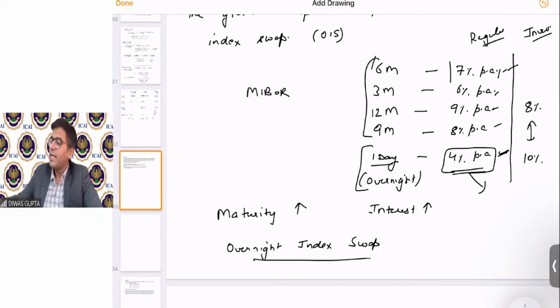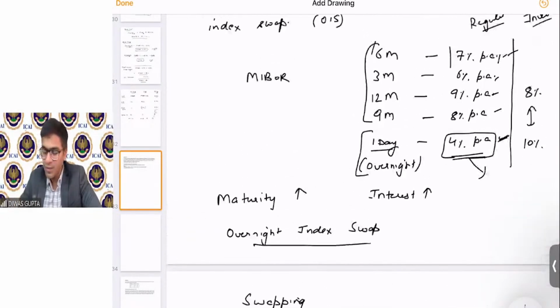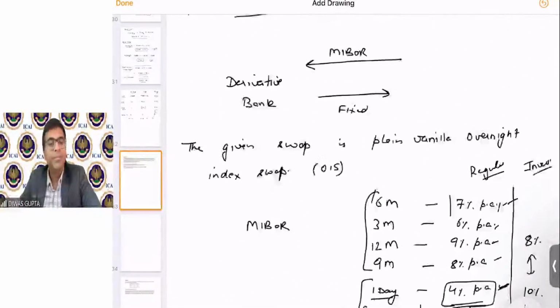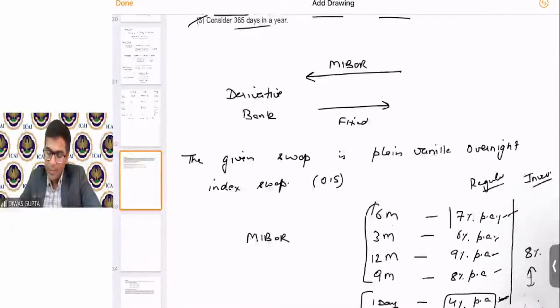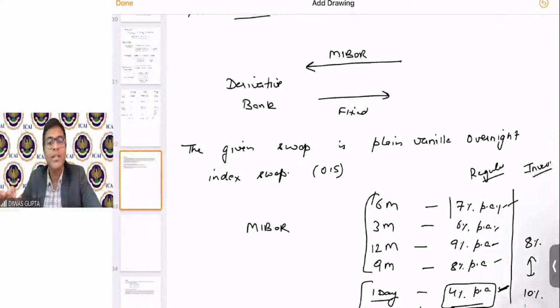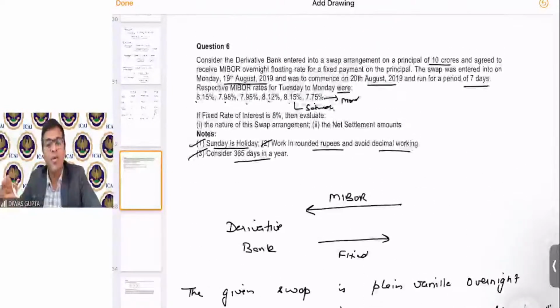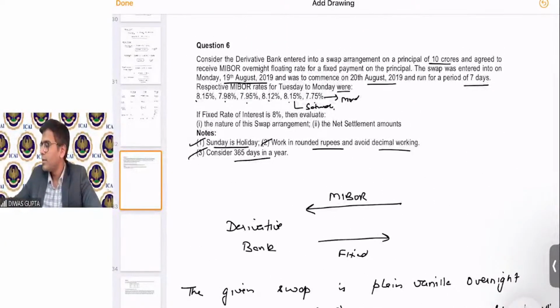At that point of time, just before the recession hit there, the yield curve became inverse, wherein the OIS, the overnight rate was higher and the higher maturity rate was lower, students. This is just an additional piece of information, nothing to do with our curriculum. Now, coming back, I hope the question is clear. With this, the discussion of overnight index is also clear. Now, let's come to the solution part.